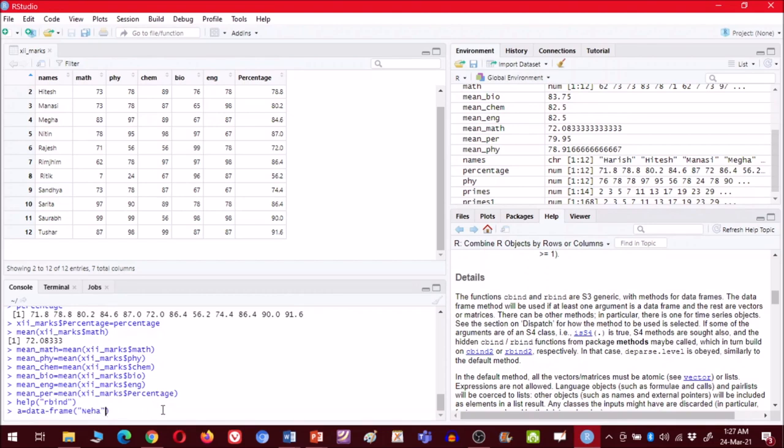So A we have not used, so we can write A, then Neha, then first maths marks. So let us say she has scored 78 in maths and 89 in physics, 98 in chemistry, 67 in bio, and 78 in English.